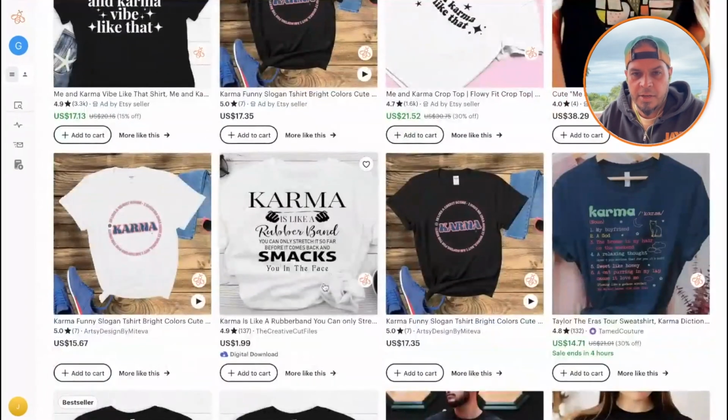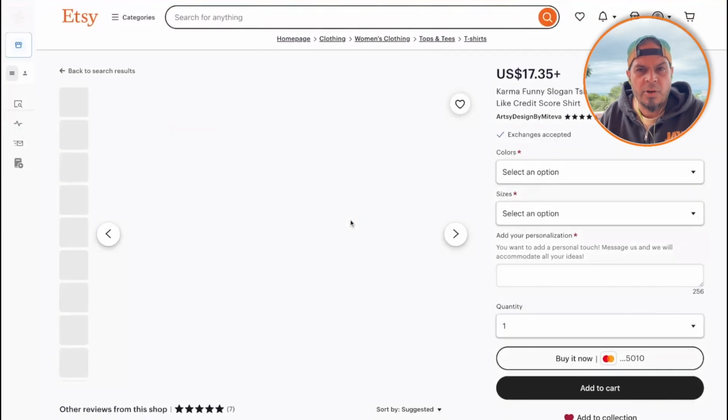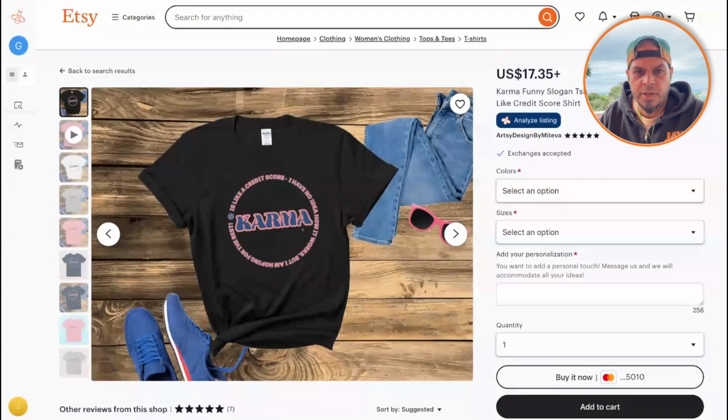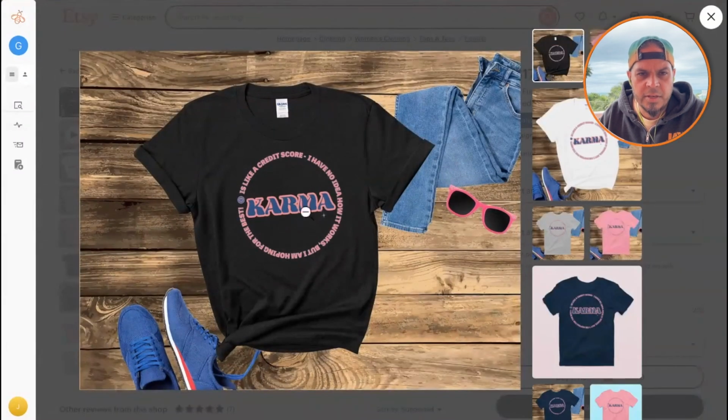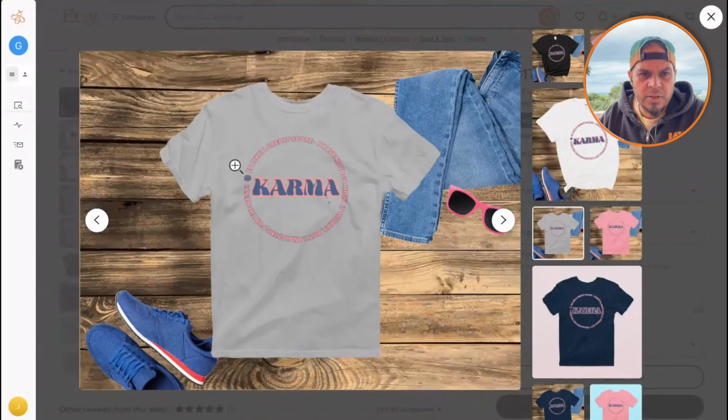So again, I'm not going to click on that one, but for example here, this one is not an ad, so I'll click on that. Now I've come here, "funny karma," they're not looking at this at all at this point. "Now is like a credit score," hard to read. So I'm clicking again, and clicking again to zoom in. And these are the things that people are going to do, right? So this one, not enough